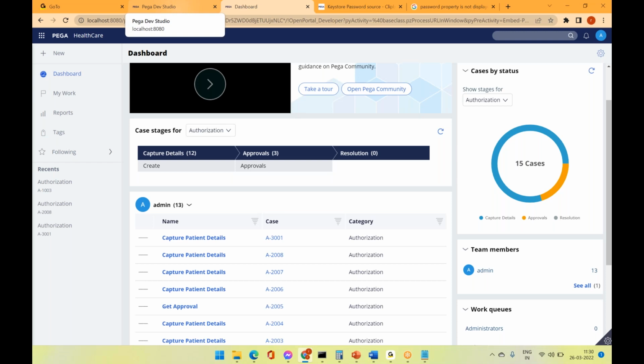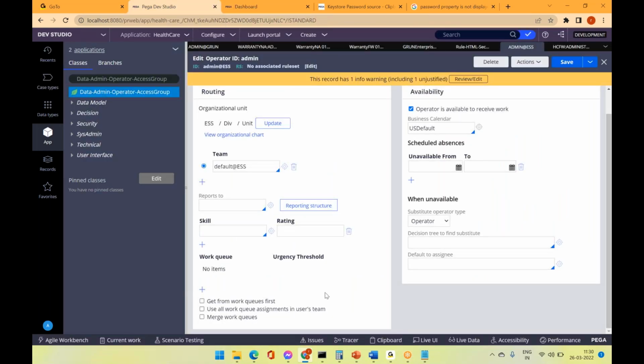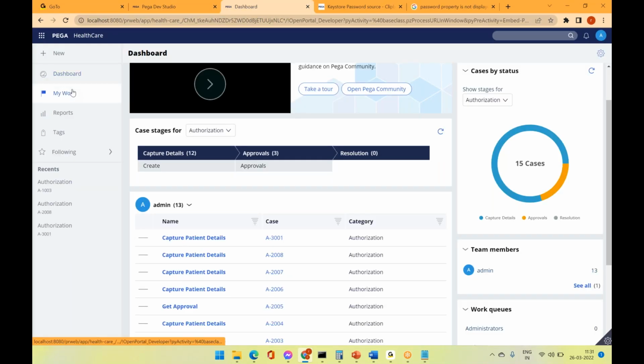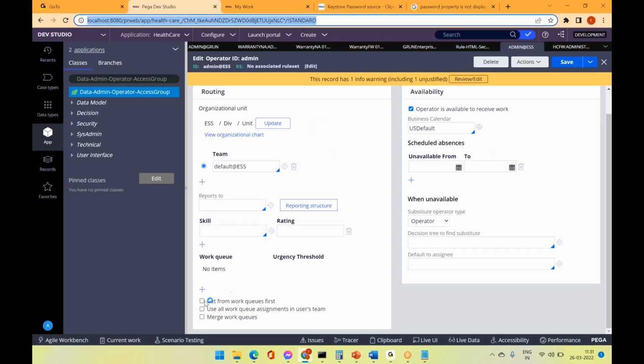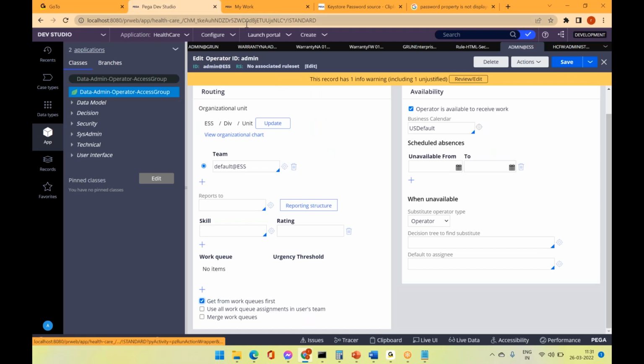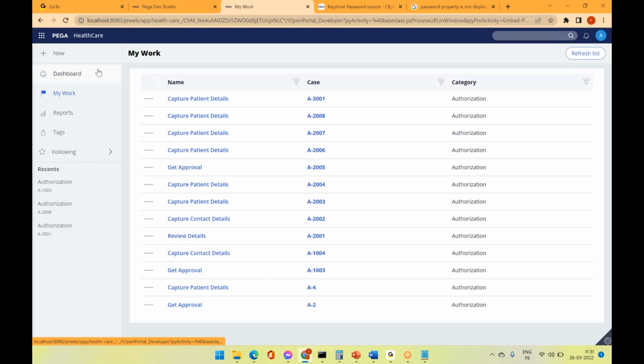సో దీన్ని కస్టమైజేషన్ చేయడానికి కొన్ని ఆప్షన్స్ మనకి ఇక్కడ ఉన్నాయి. సపోజ్ నాకు అసైన్ అయినవి ఆల్రెడీ కొన్ని ఉన్నాయి, విచ్ ఐ విల్ సీ అండర్ ద మై వర్క్ లిస్ట్. మై వర్క్ లిస్ట్ లో ఆల్రెడీ కొన్ని అసైన్మెంట్స్ నాకు అసైన్ అయినవి యూ కెన్ సీ ఓవర్ హియర్. బట్ ఇవి కాకుండా, నేను ఫస్ట్ ప్రయారిటీ సపోజ్ ఈ ఆప్షన్ ఎనేబుల్ చేశాను అనుకోండి, గెట్ ఫ్రమ్ వర్క్ క్యూస్ ఫస్ట్ అని. సో అప్పుడు ఏమవుతుందంటే, ద అసైన్మెంట్స్ విచ్ ఆర్ దేర్ ఇన్ ద వర్క్ క్యూ will be given the first priority, and